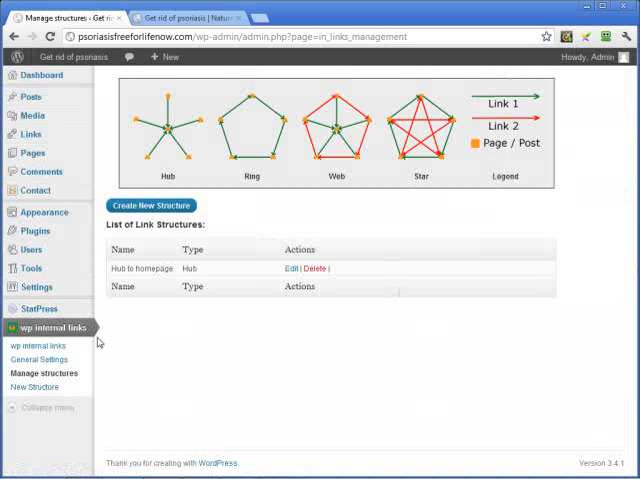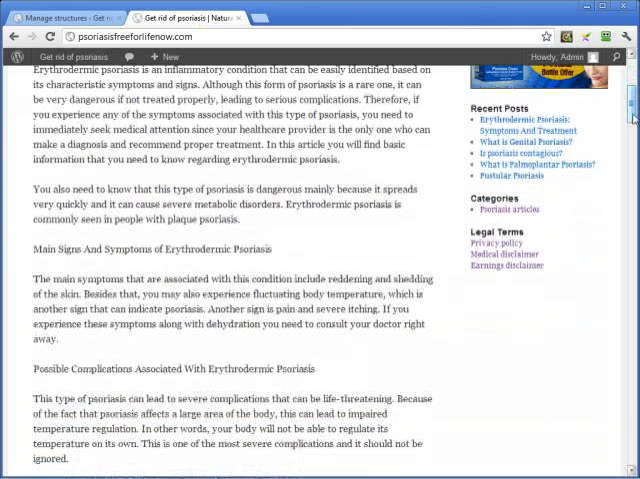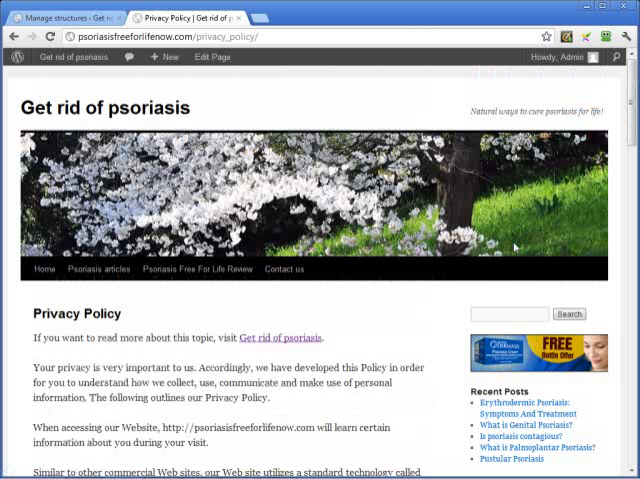Okay, so now we are in the Manage Structures page, and we see that we have a new structure created called Hub to Home Page, which is a hub that we can edit or we could delete if we wanted to. If we now go to any of these pages, for instance the privacy policy,